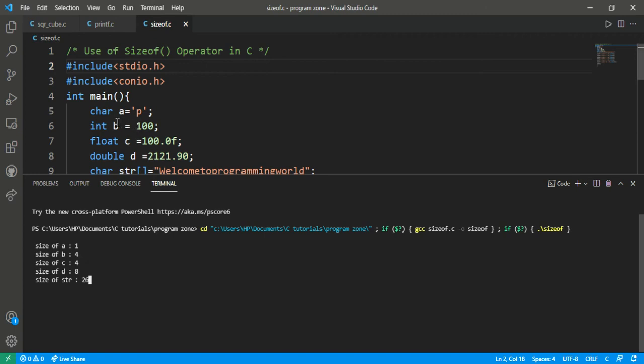Because for the char type of data in C language, only one byte of memory is allocated to the character type of data. That's why the 1 is nothing but a byte. So this p holds 1 byte of data. That's why it is printed like 1.